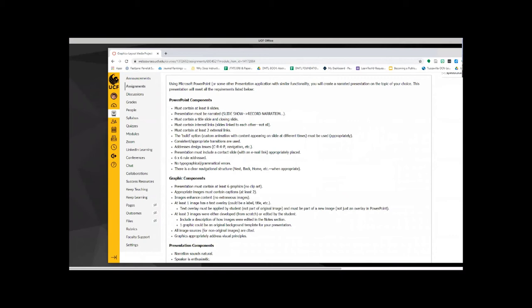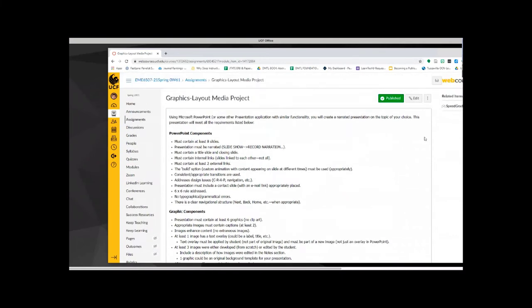The graphics layout media project is one additional way. Well, it's going to incorporate a couple of different types of media, and depending on how you use it in your project, it could be even an additional type of media. So the way we're going to do it tonight is we're going to focus on creating an interactive